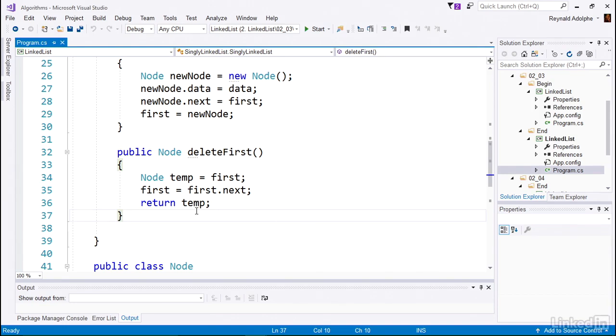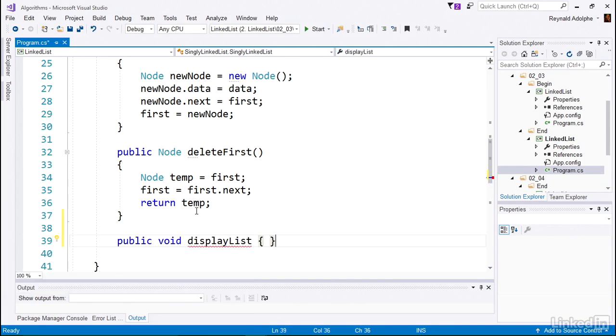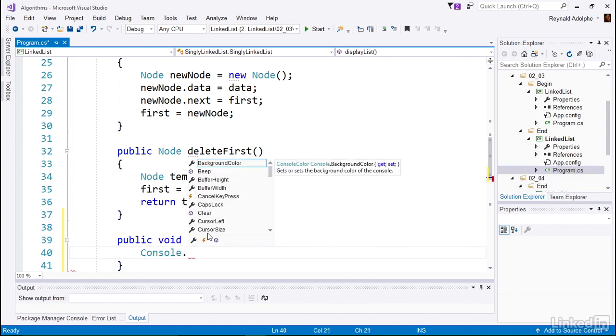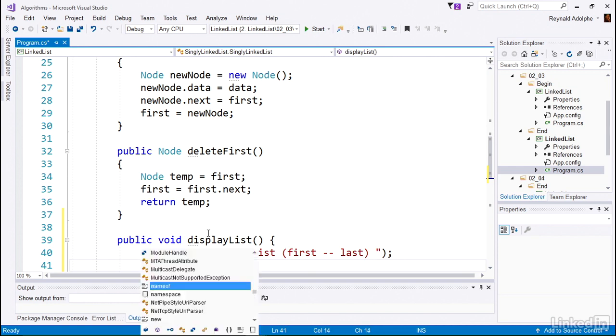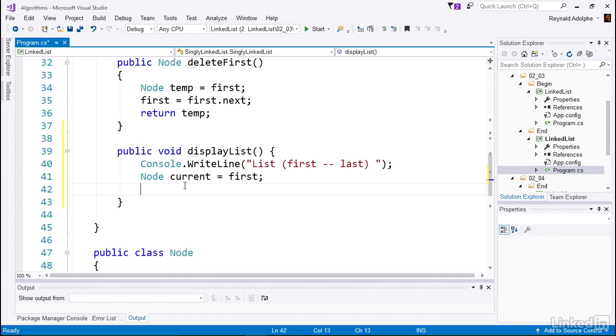The next method that we're going to create is going to be used to print out the contents of our list. So let's call it appropriately display list. And we will write out to the console the list starting from first to last. And the way we do this is by first setting up our current node as the first, and then we